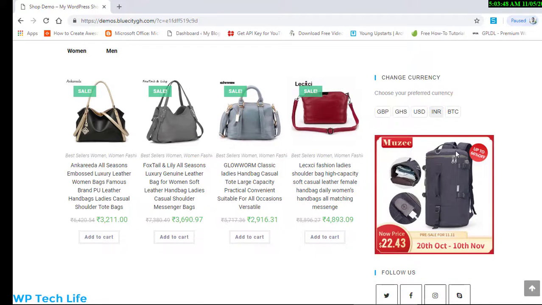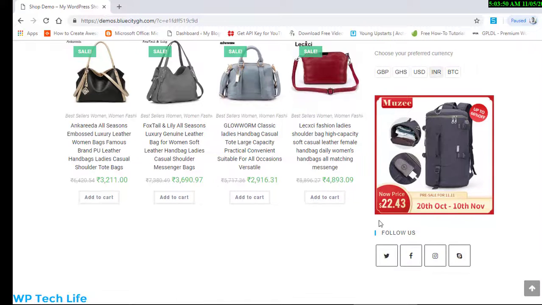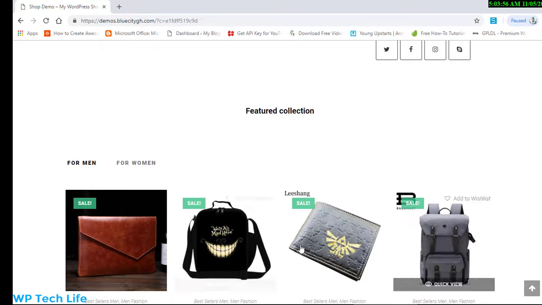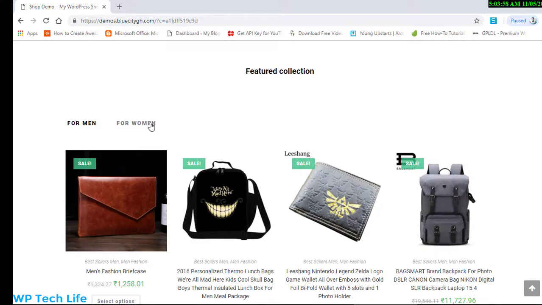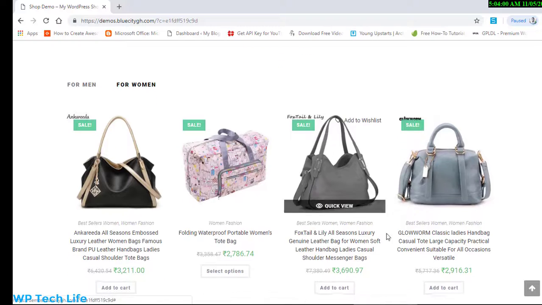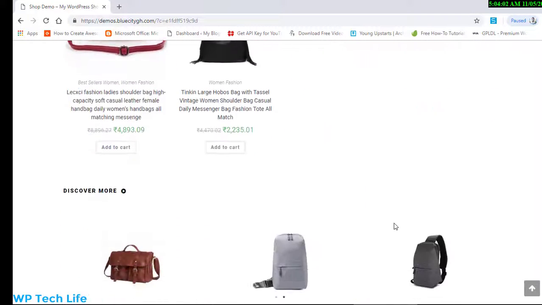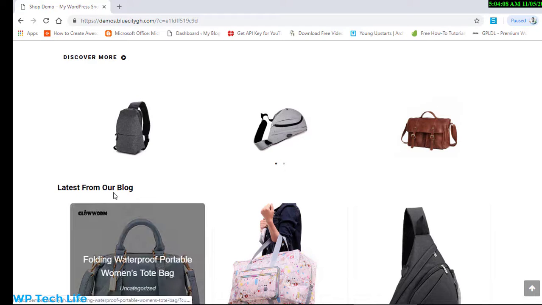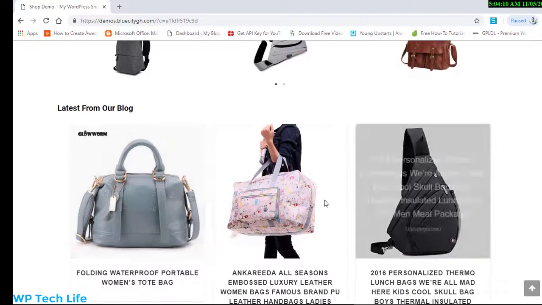I'll show you how to add this image banner here, and then these social icons. We have our featured collections. As you can see, this is our featured collection. This is for men, and when you select here, it will take you to the women category. So basically that's how the whole thing is. I'll show you how to add the slider and this button too. I'll show you how to do that, and then how to